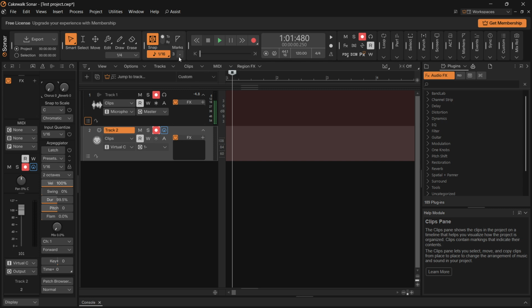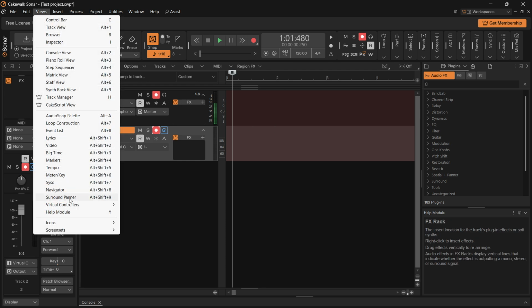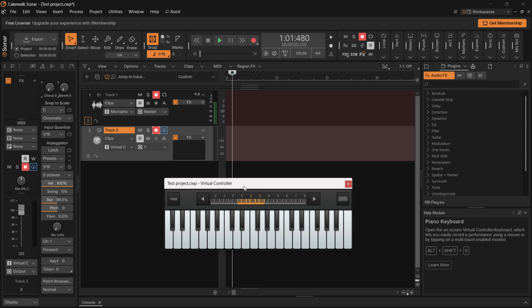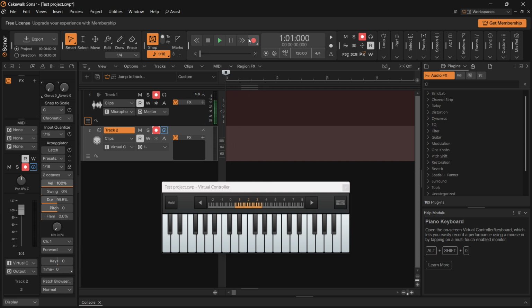and it's going to work. But for me, I don't actually have a MIDI, so I'm going to use the piano roll available in here. What you want to do is go to Views, and then virtual controllers, and then you can do computer or piano keyboard. I'm going to use the piano one, and then I'm going to go here, position myself,